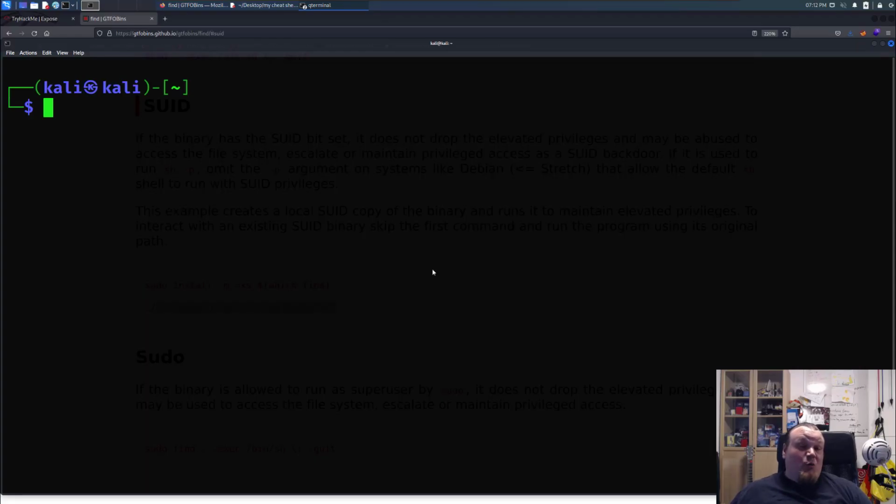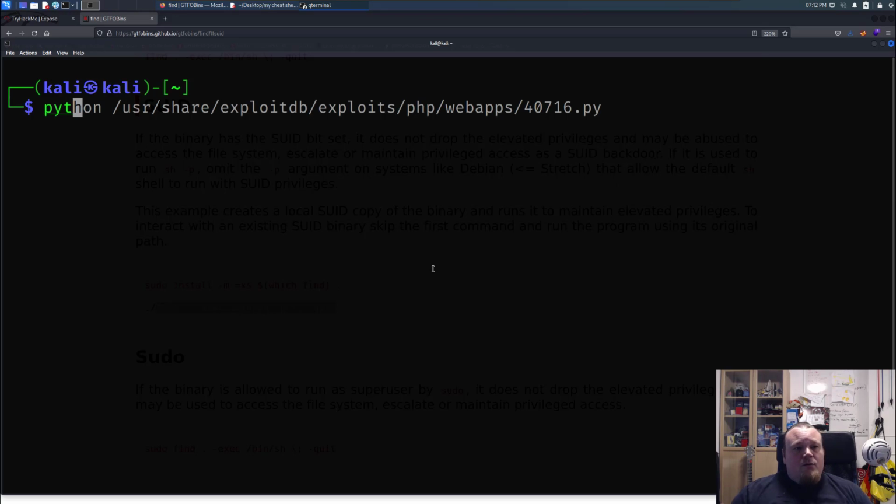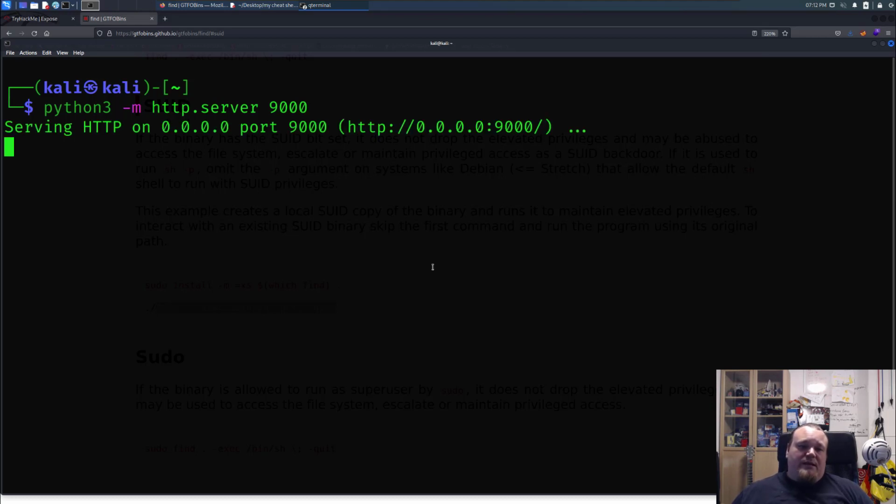Sometimes I do get the question, how is it that you download files from your own machine, hosting them from your own machine, uploading files and so on? There's not really any secret to it, but in Python you can basically run your own web server. When you do that, you can go to my IP address on this machine, on the port that I specified, which is 9000 in this case, and then slash